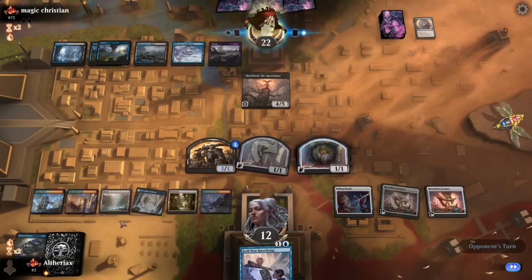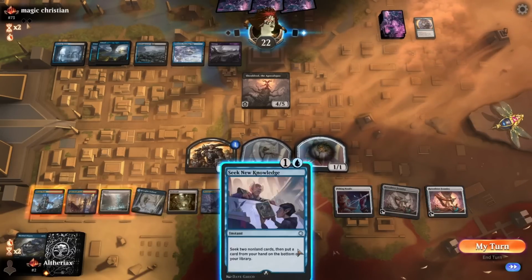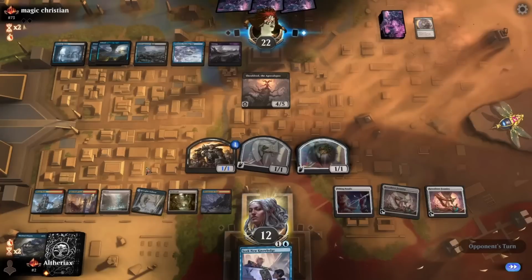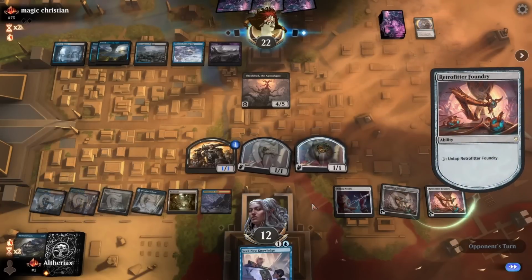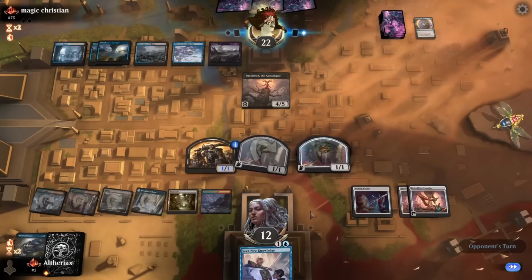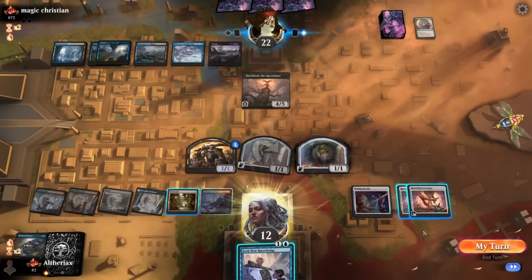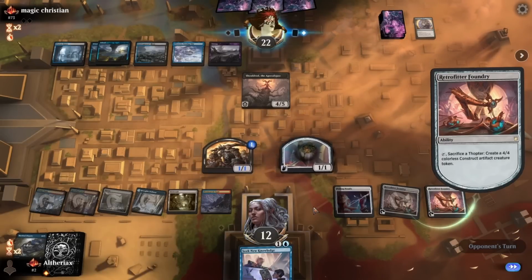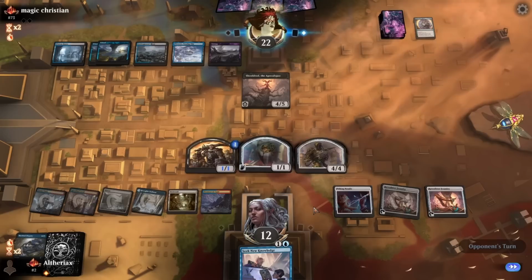But I'm much happier that they chose to draw 2 instead of stealing the Retrofitter Foundry. So I'm going to preemptively untap the Foundry here, just so that the opponent can't flash in Bowmasters in response to the first Foundry activation and kill the 1/1. By the way, one thing that's very, very important to do with this deck, if you are against a